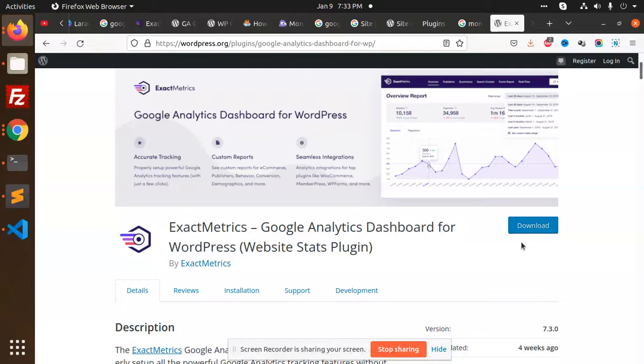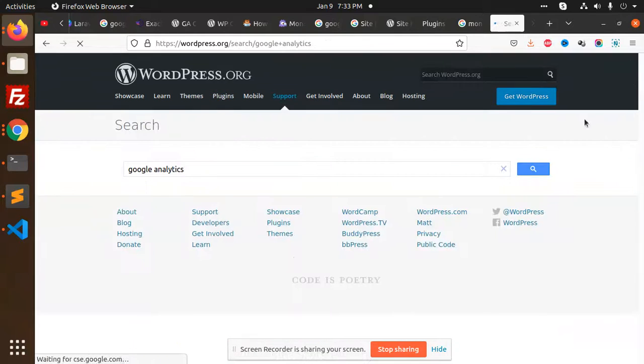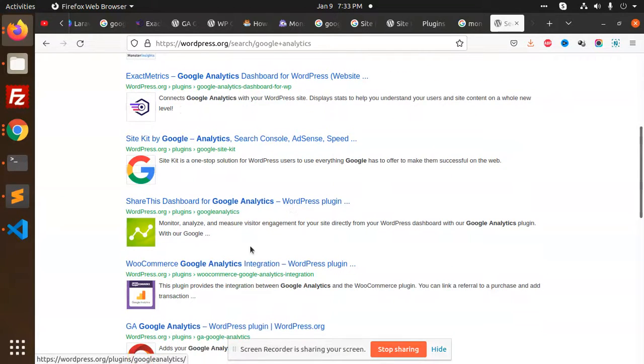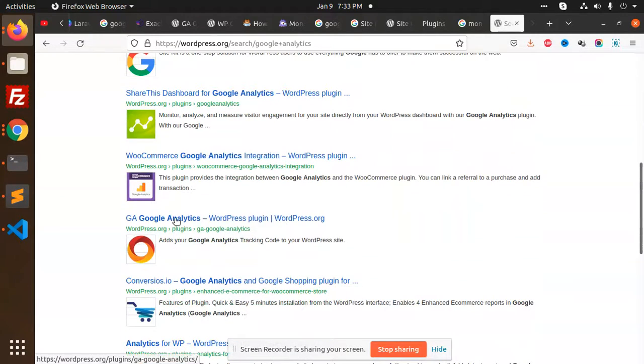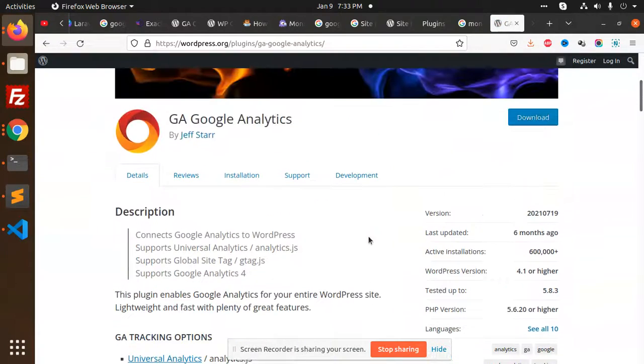You can use these plugins for different analytics. You can search for Google Analytics, and it will show you Monster Insights, ExactMetrics, Site Kit, and the WooCommerce GA Analytics plugin. You can use this GA Analytics also, but how many views does it have, 128? So this is not better. Most probably you can use Site Kit, which you installed earlier. This is the best one, which has all the facilities.